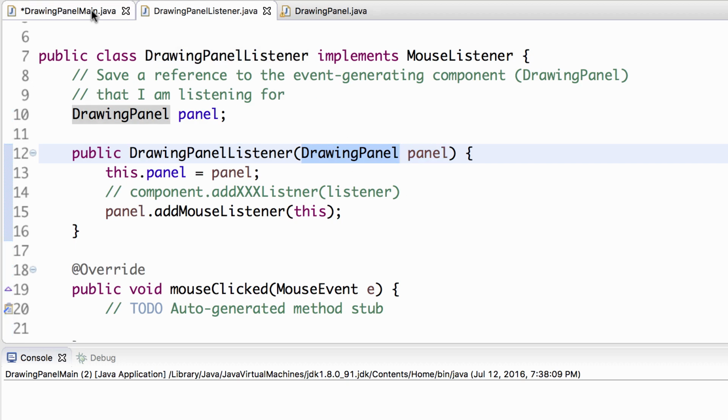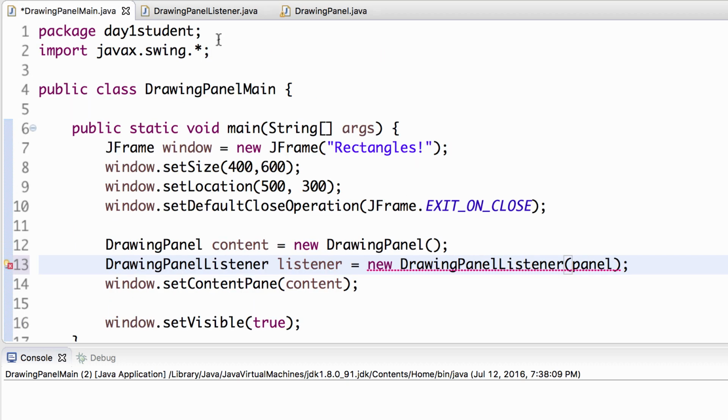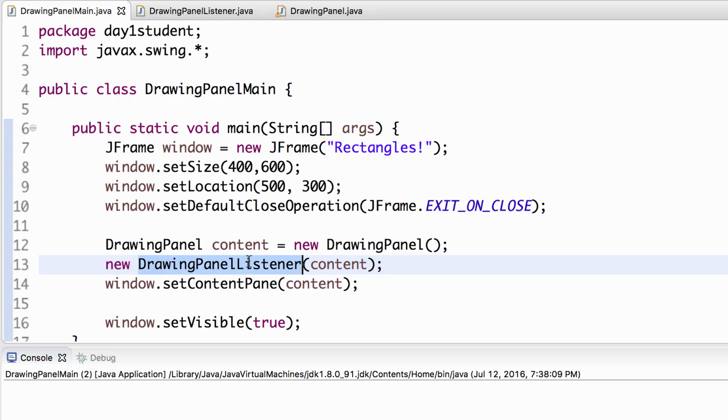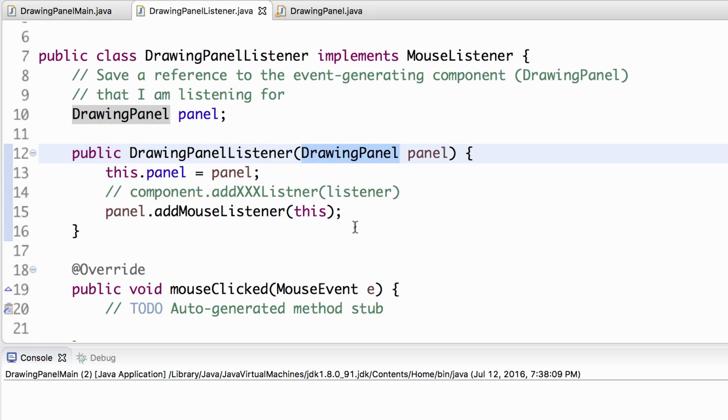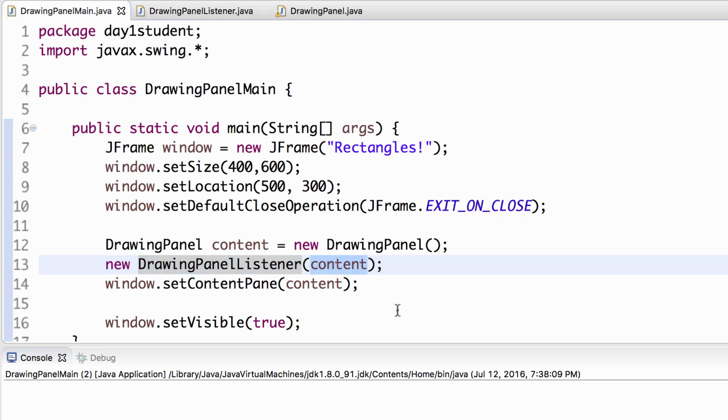That's how we save the reference. We're setting it up that way. So we pass in a panel. Oh, sorry, not panel, content. It's called content here. So now this is hooked up. And actually, since the main purpose is just to create this drawing panel listener class, we don't even need a reference to this listener. You can just say new drawing panel listener. This way, there's a listener object, the registration happens, and it has a reference to this guy, so now